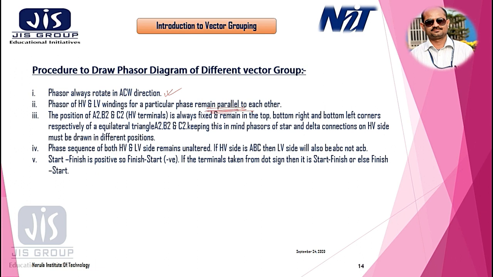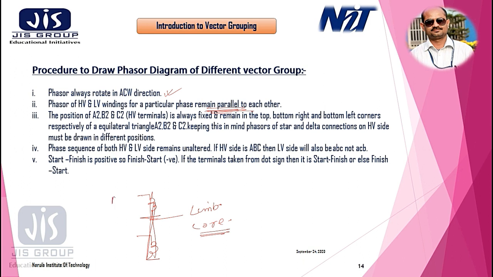Now just a few minutes back we have seen that the high voltage winding and the low voltage winding both are wound on the same limb of the core. So if they are connected to the same limb of the core, so this high voltage and low voltage winding of the same phase